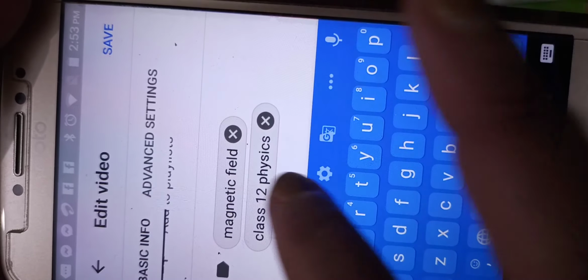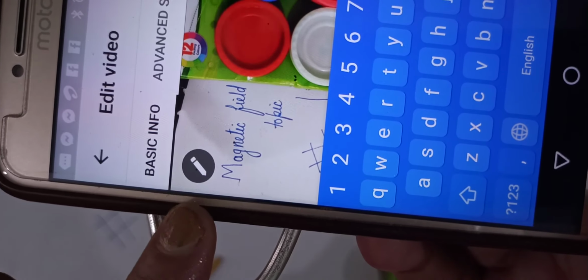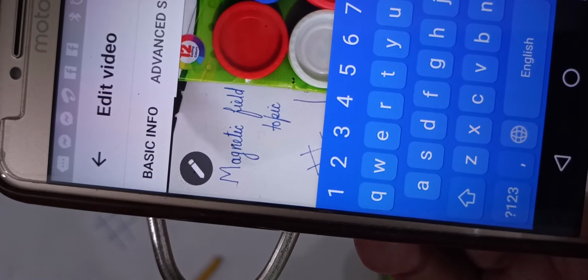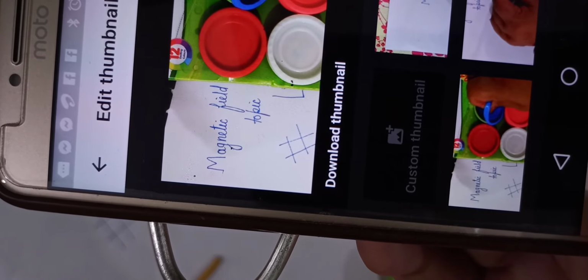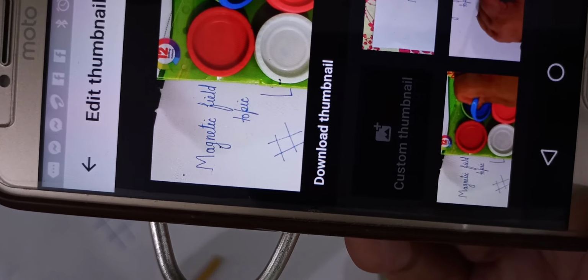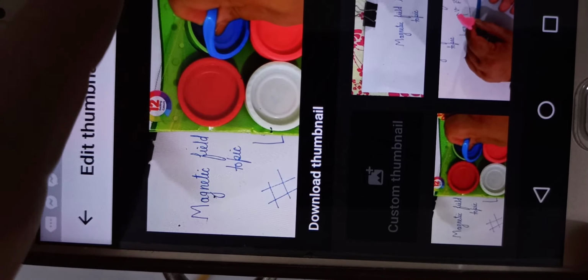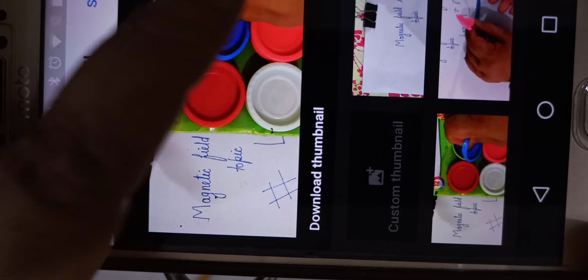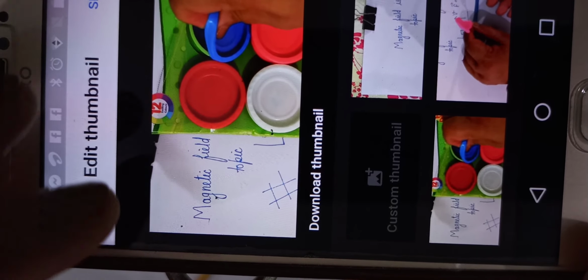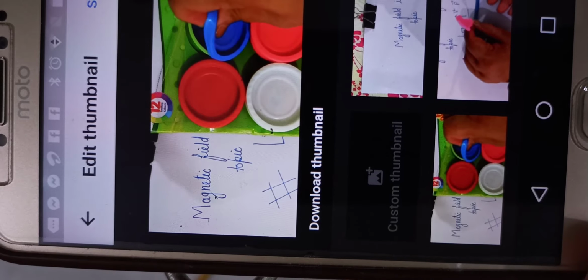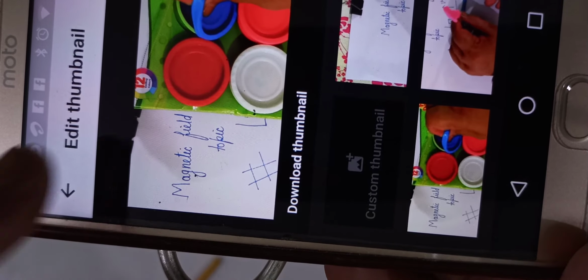One more thing I just want to tell you, that there is a pen here and download thumb is written. In the next video I'll tell you how to make a thumbnail. Thumbnail means the cover which will come here, and that will tell your users, your students, what is in this topic. But you just have to touch